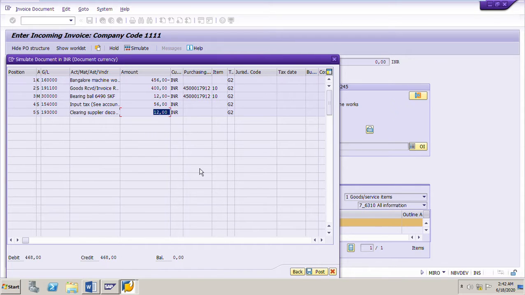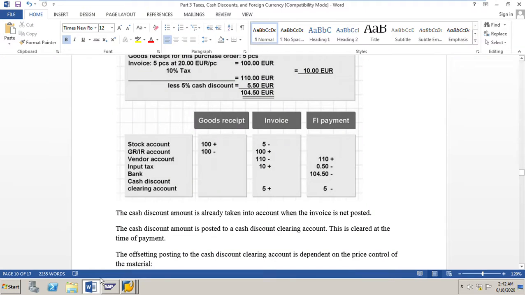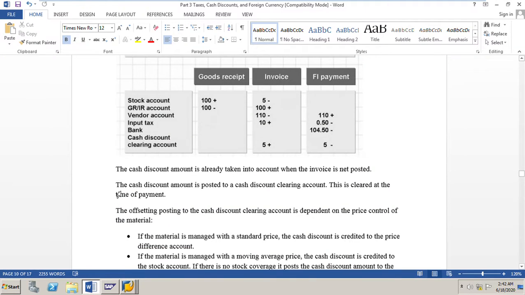It will be updated when we simulate the invoice. It will go to some separate account. The cash discount amount is posted to a cash discount clearing account, which is cleared at the time of payment. So at the time of posting the invoice, this cash discount amount will be updated to a separate clearing account.